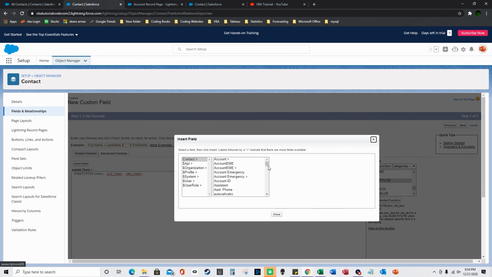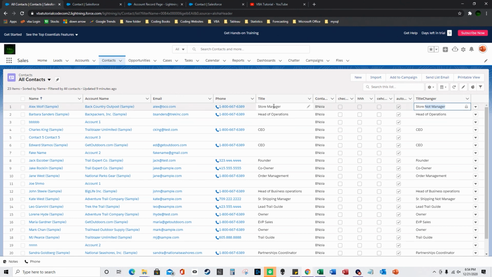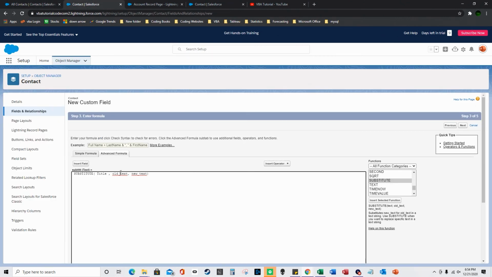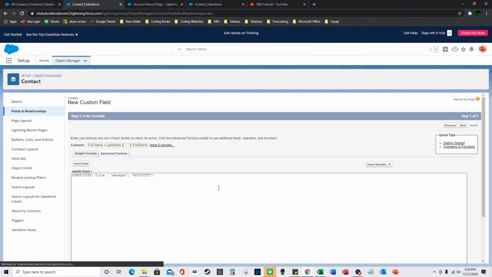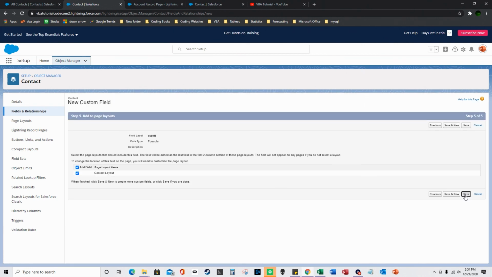So I'll go over here to title, insert. So I'm going to do it based on this title. So if it has the word manager in it, I want that to be replaced as not. And then I'll click check syntax, next, next, save,